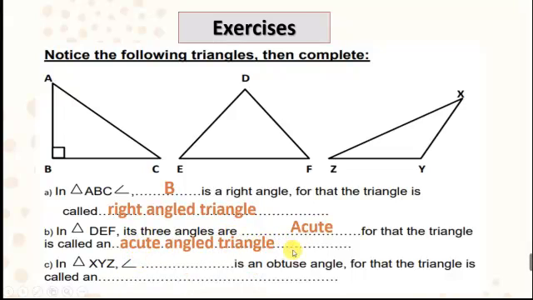Acute angled triangle. In triangle XYZ, the third triangle here, angle what is an obtuse angle? X or Y or Z? Y is an obtuse angle. And I have here the biggest one is an obtuse angle. So that triangle is called obtuse angled triangle. Okay, let's move to another